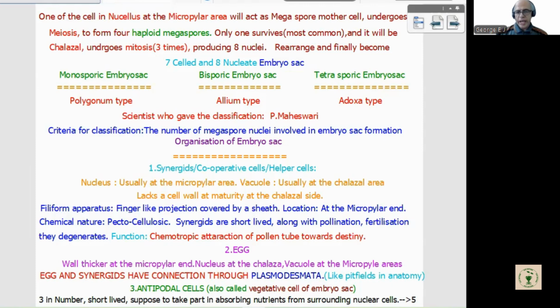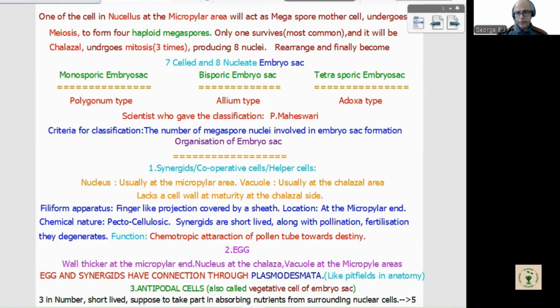And it lacks a cell wall at maturity at the chalazal cell side. So: nucleus at the micropylar area, vacuole at the chalazal area, and it lacks a cell wall at maturity at the chalazal side. And in the synergid, we can find a structure called the filiform apparatus. It is a finger-like projection covered by a sheath, and its location is the micropylar end, directing the pollen tube towards the